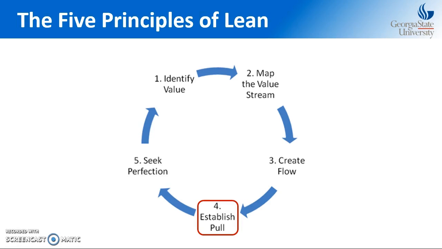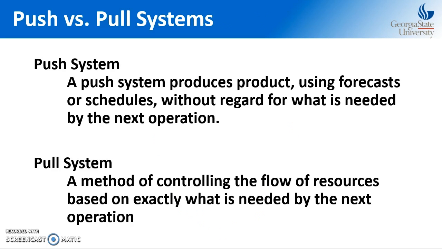The 4th principle of Lean is to establish pull. Traditionally, factories and even service providers used a push system. This is when the different steps in the process would produce their product using forecasts or a predetermined schedule. And if you were manufacturing components that were to be put in a final product, you would just manufacture those components according to your schedule, whether or not there was actually demand for them to be put into that final